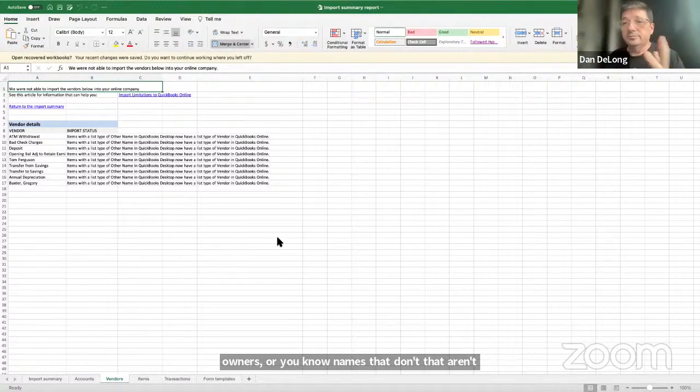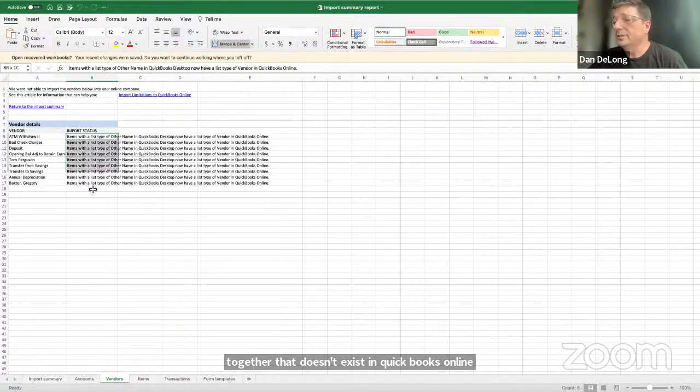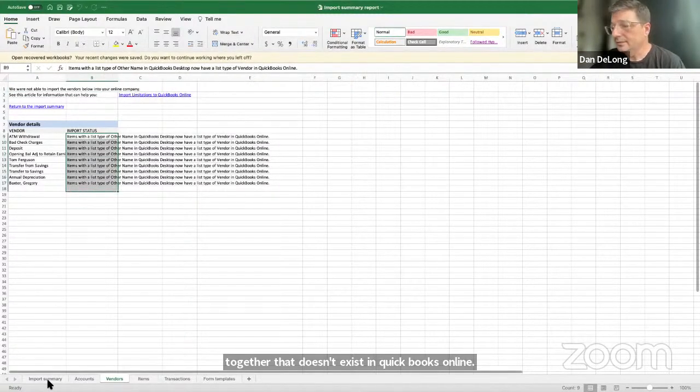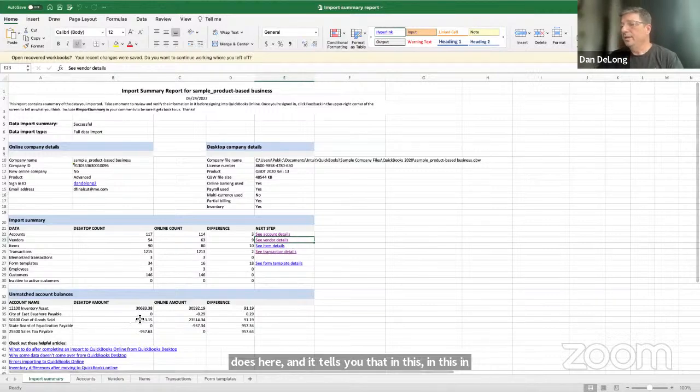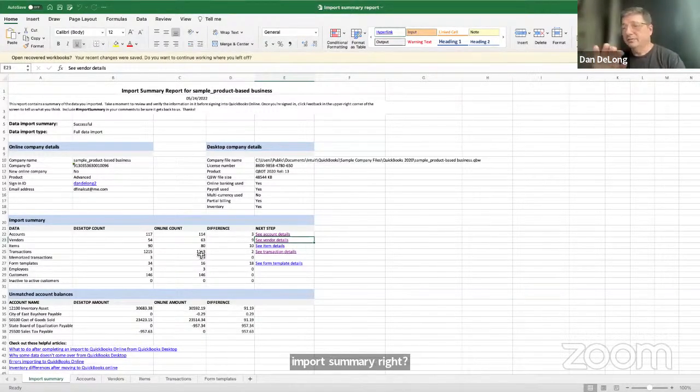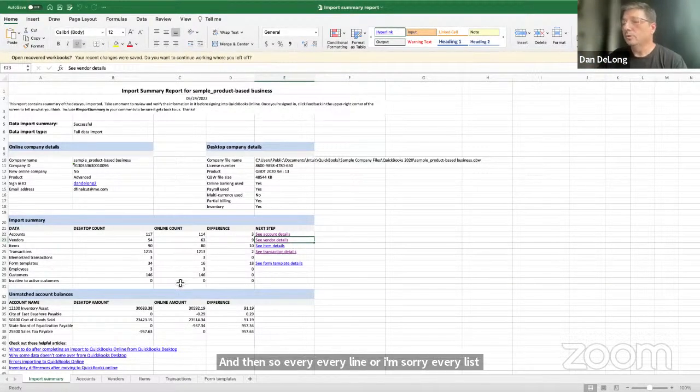So you're able to put an Other Names list together. That doesn't exist in QuickBooks Online, so it turns them all into vendors. That's what it does here, and it tells you that in this import summary. And every list element is going to have something in the import summary.